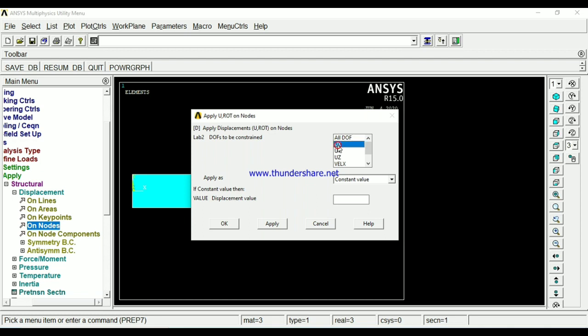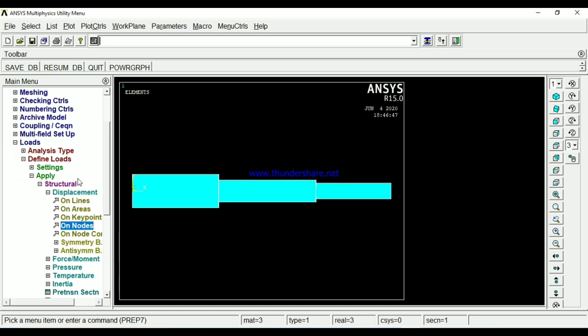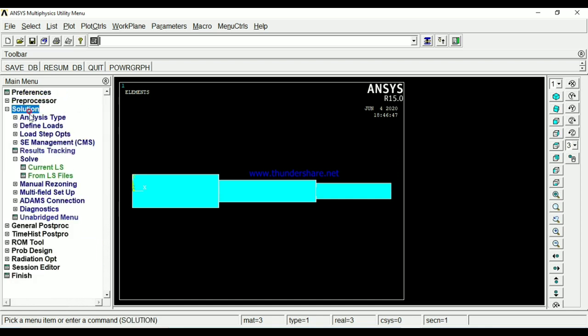I am constraining the boundary conditions only in UX, and I am allowing UX some value, say 0.15 or 0.3 mm. In that problem 3.5 mm was given, or I will do some 1.2 mm. I am allowing the deformation at node number 3, how much? 1.2 mm. Like that you can give the values. Is it clear? Then problem 2 is also clear for you, I think. Now, after the changes you made, you can automatically resolve it once again.